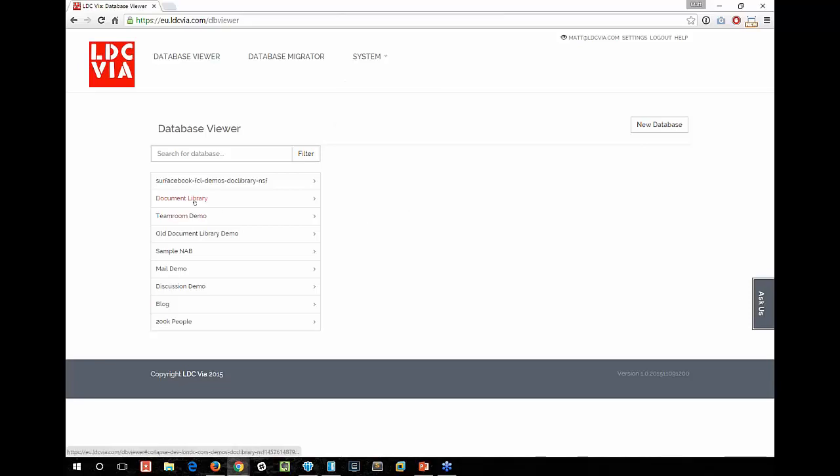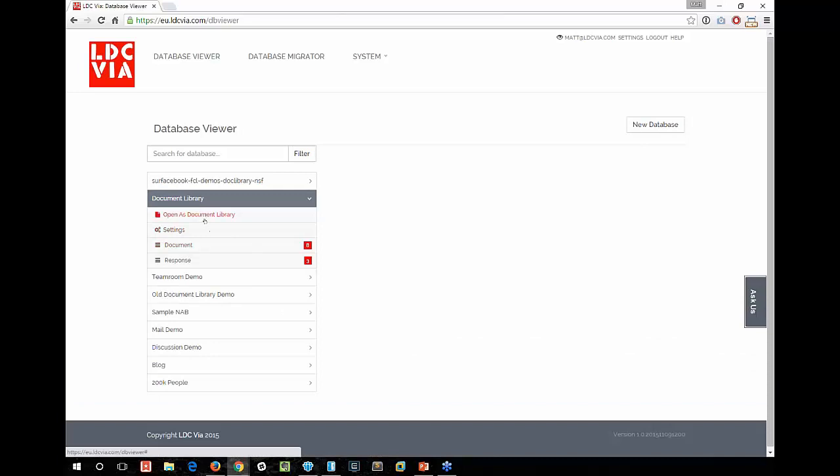Okay. So continuing in the document library that we just migrated, one of the things you may have just noticed is that when I expand the document library in LDC Via, I get an option to open as document library. We've basically written a few templates for the most commonly used Notes and Domino applications. We've got templates for document library, team rooms, discussion databases, and mail files. So that's a read-only on the mail file. But basically what that means is we're able to identify databases that match the pattern of a document